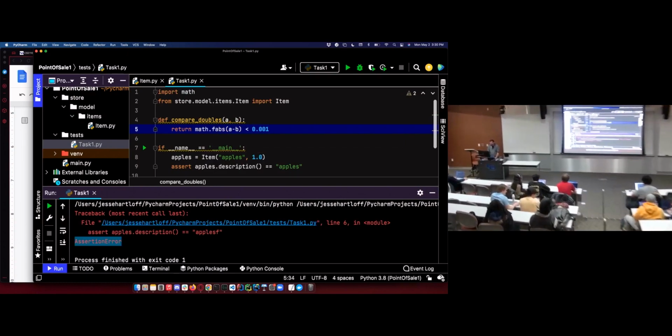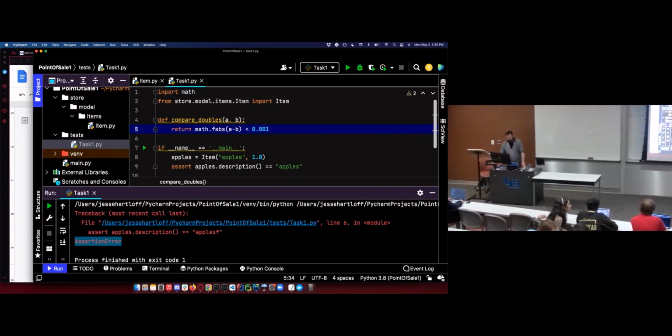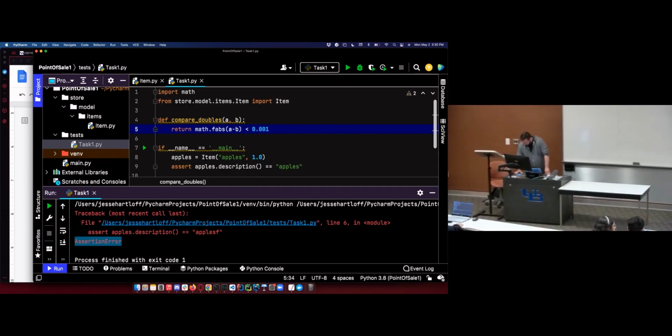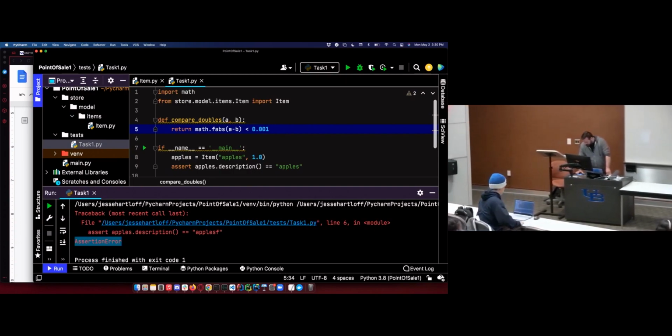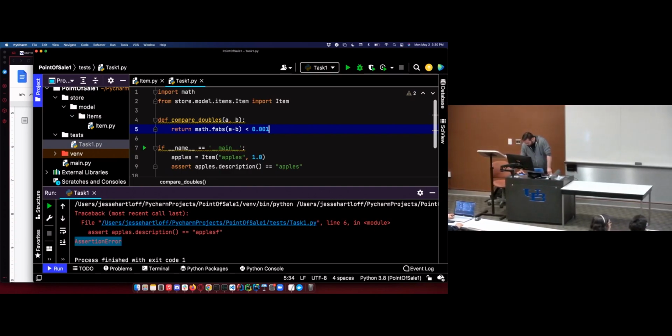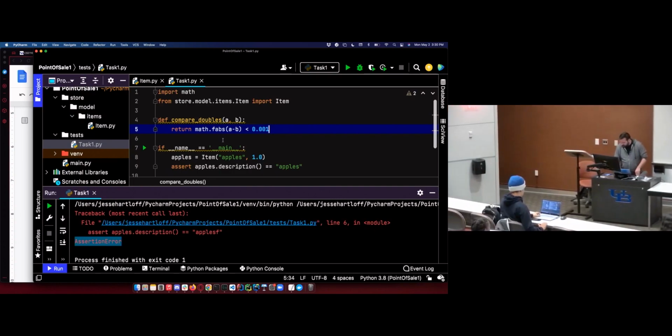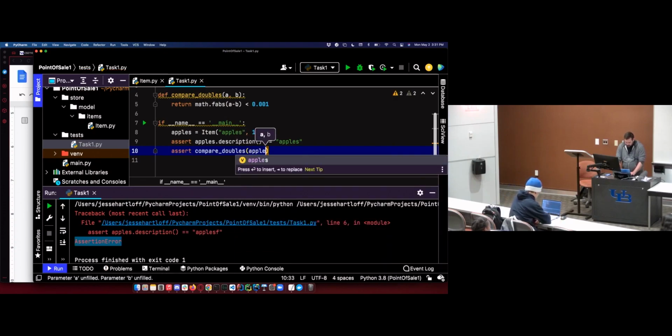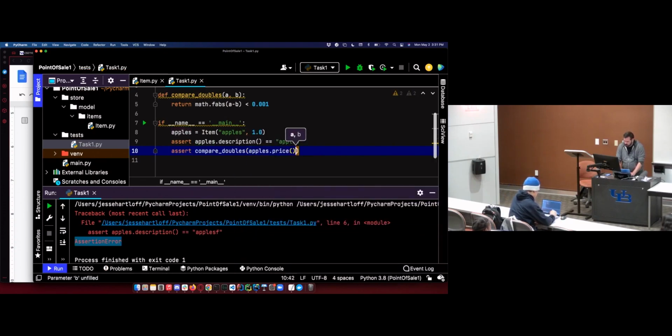fabs, floating abs. Apparently you can't take the absolute value of ints in Python. Am I reading that right? Yeah, and I think I can get away with equal here, but I don't want to take the risk. So I haven't tested that. And then assert compare doubles, apples.price, and 1.0.